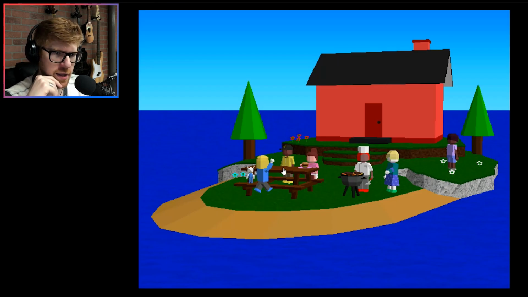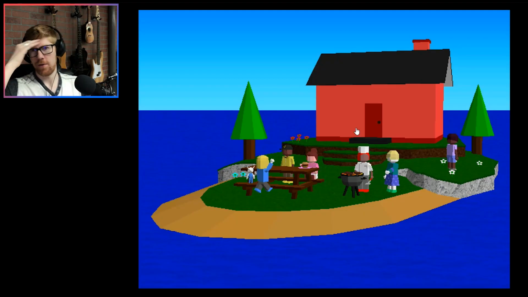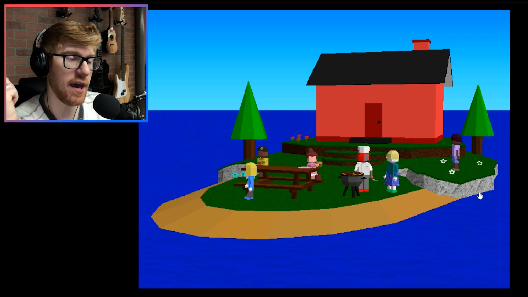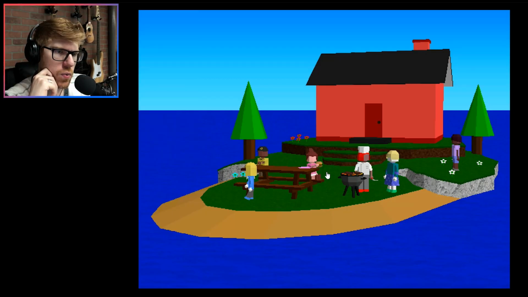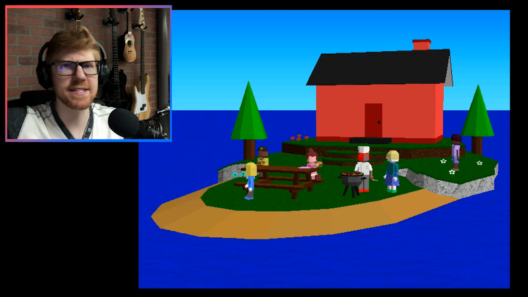Okay, so we have Holland, Joe, Amber, Pat, Rebecca, and Grace. Whew, I'm sweating. Rebecca is grilling, which does make sense because chef. What's everyone else doing? Looks like Grace is just chilling by the flowers. Very gracefully, I would say. Hey, listen. Sometimes you got to do what your name is. And Amber is eating a hamburger, which I'm guessing Rebecca has made for her. We're putting the pieces together, guys.